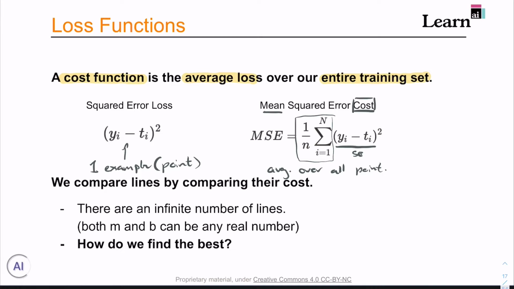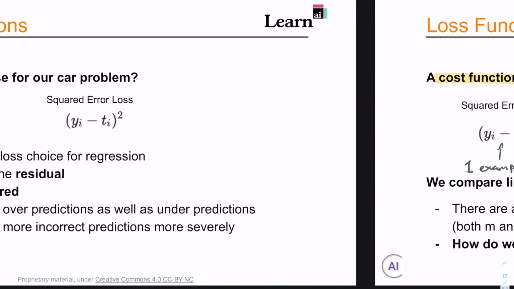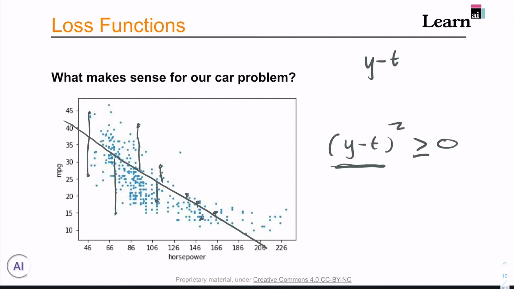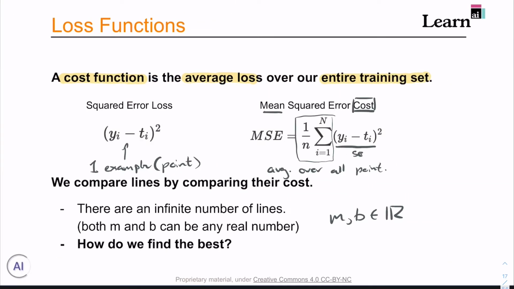We have that. The issue is it's still an infinite number of lines we could draw, and we know this because both m and b can be any real number, so there's an infinite number of pairs of real numbers. Now the question becomes, how do we find the best? We can't just draw it like I just did and say that's the best, because we're thinking algorithmically. This has to work for all examples. We're not going to be able to see it. Humans aren't doing this. So we need to define a rigorous method for updating m and b to minimize cost,